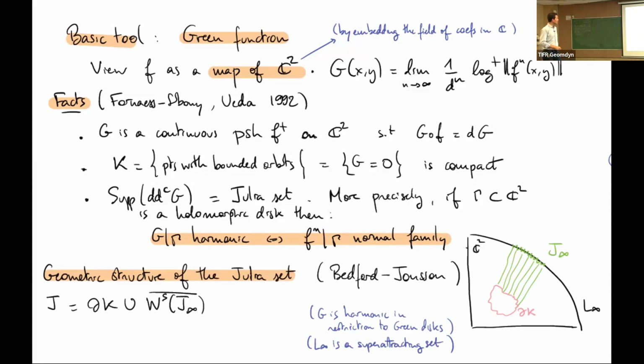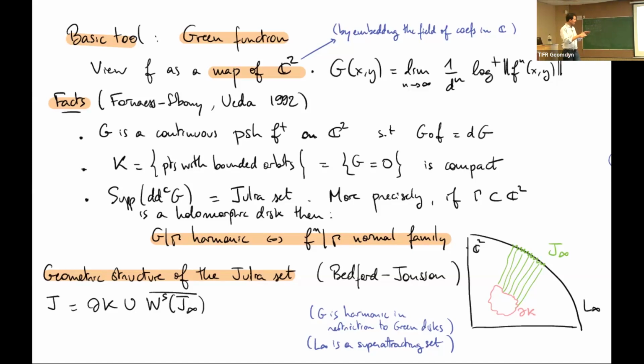So in the Julia set, you have the boundary of K. It is certainly part of the Julia set, but also you have a foliated part, which is in the basin of infinity. So the line at infinity: P is defined by equations of degree D. So when (x, y) is large, the image is even larger, it's like (x, y) to the power D. So the line at infinity is an attracting set. It's even a super attracting set. And inside this line at infinity, you have the Julia set of the induced rational map.